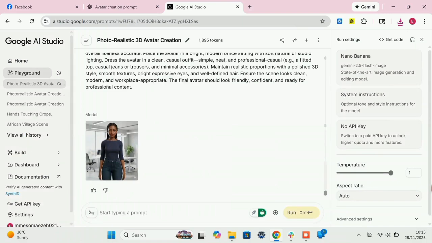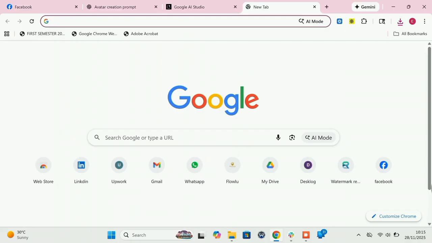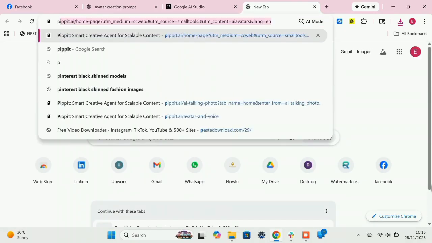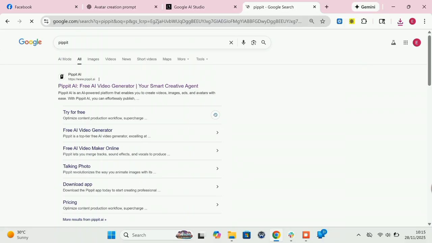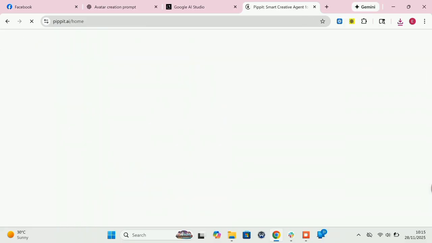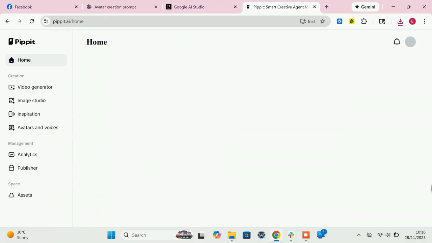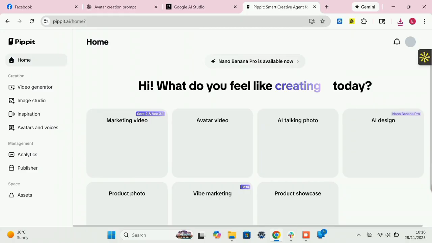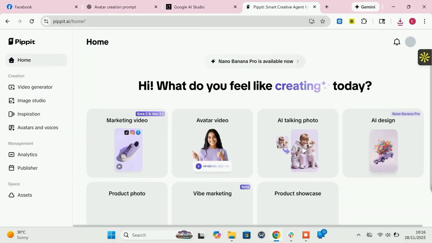Okay, so the next tool we'll be using, the next software, is what we call Pippit. So we're clicking on Pippit for image to talking avatar. Okay, so here, this is where I make my avatar talk. Now there's one step that I think I skipped. Okay, we'll come back to